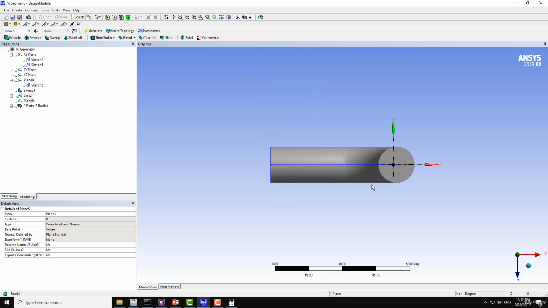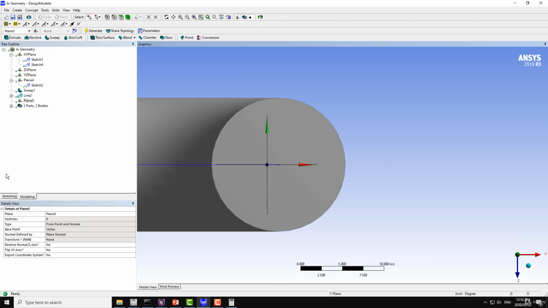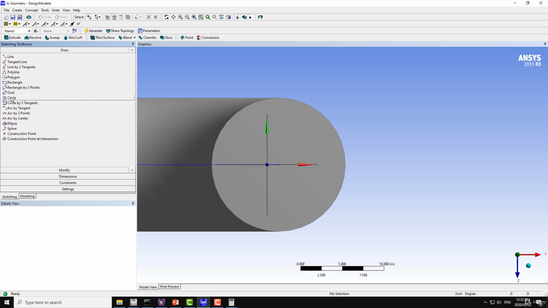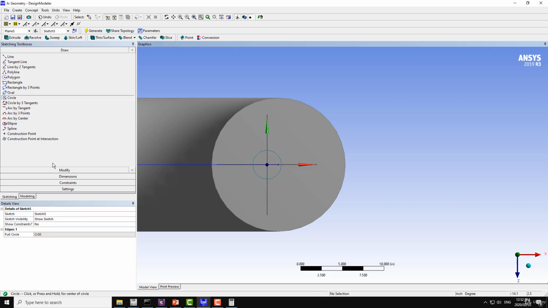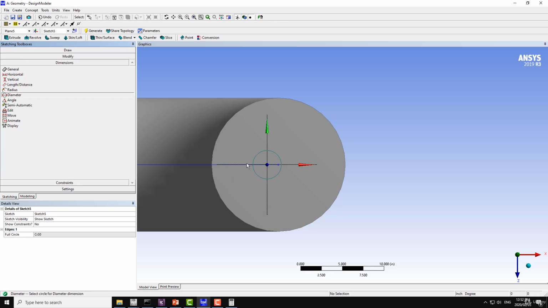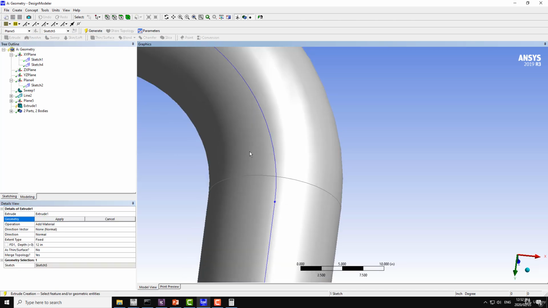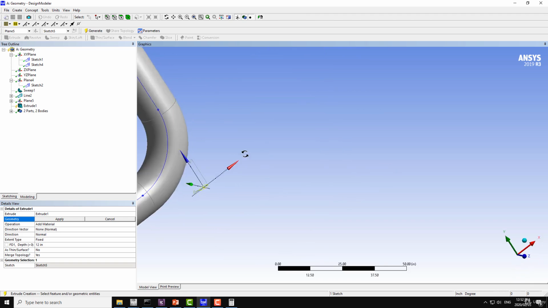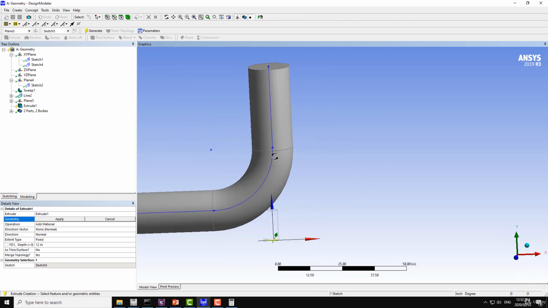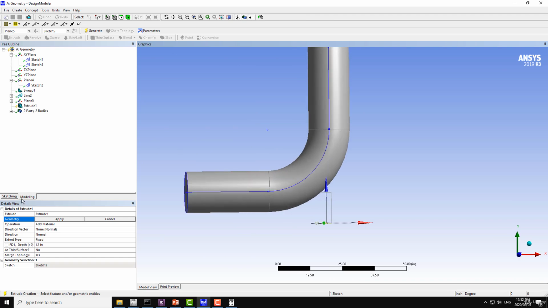So I just created my plane on this point, and now I choose plane 5, click on look at, and I will create a circle of the dimension equal to 4 inches. From dimensions, click on diameter, and diameter equal to 4 inches, and then use the extrude command and extrude this geometry up to this large elbow here. So from here I will click on sketch 5, and it should extend up to